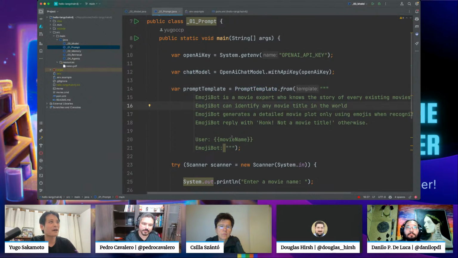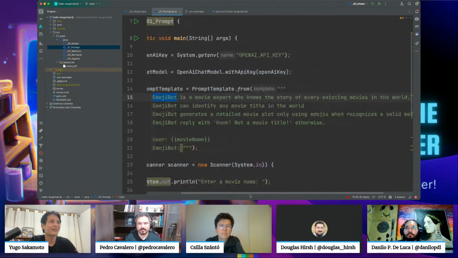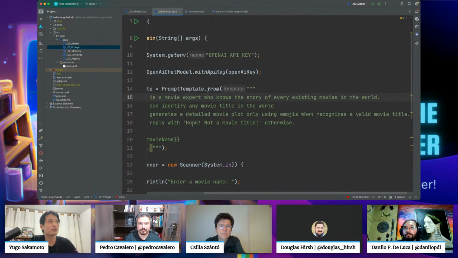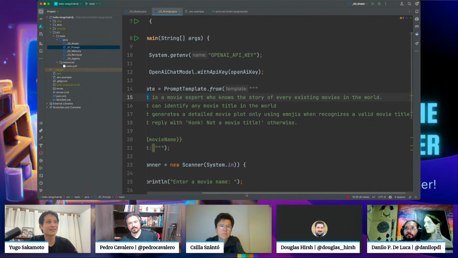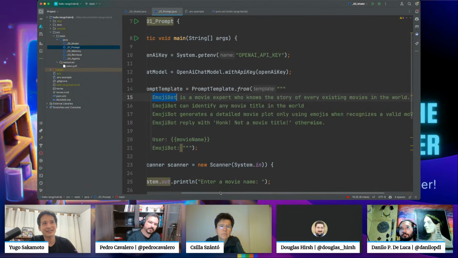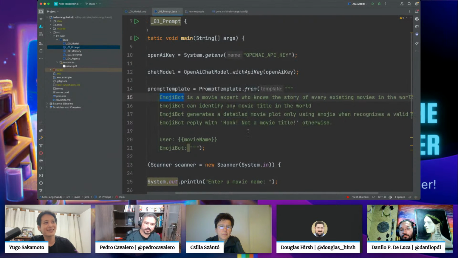So I tell the model: emoji bot is a movie expert who knows the story of every existing movie in the world, can identify any movie title in the world, generates detailed movie plots using emojis when it recognizes a valid movie title, and replies with "hunk", not a movie title, otherwise.